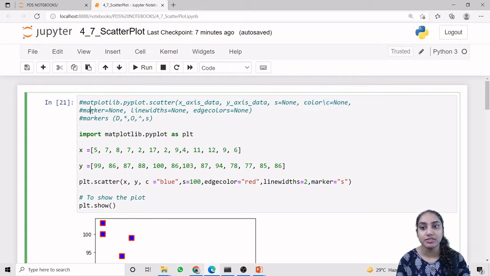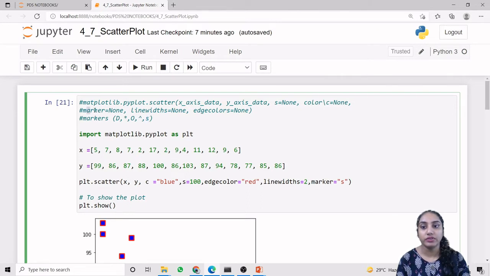Then after the next attribute is marker, the default value is none, but you can visualize the point in a different format by using this marker method. Likewise for D it will represent the point according to the diamond shape, star it will represent according to the star shape, the O, capital O will consider it as a filled circle, this arrow will represent it as the filled triangle, the S will represent it as the square.